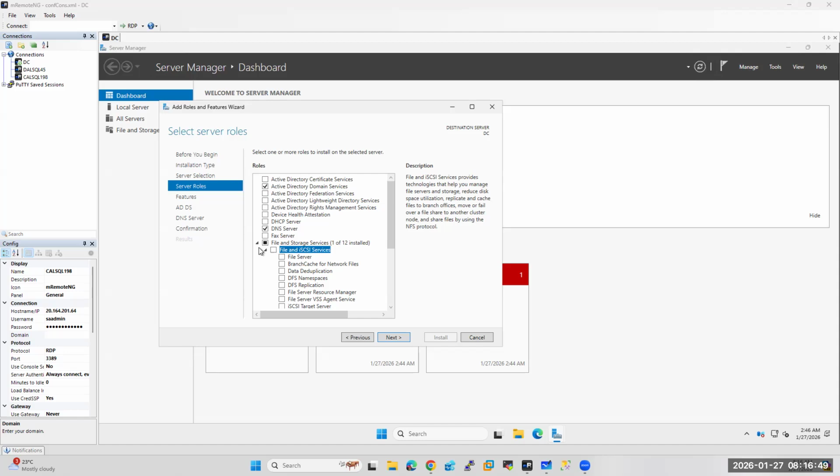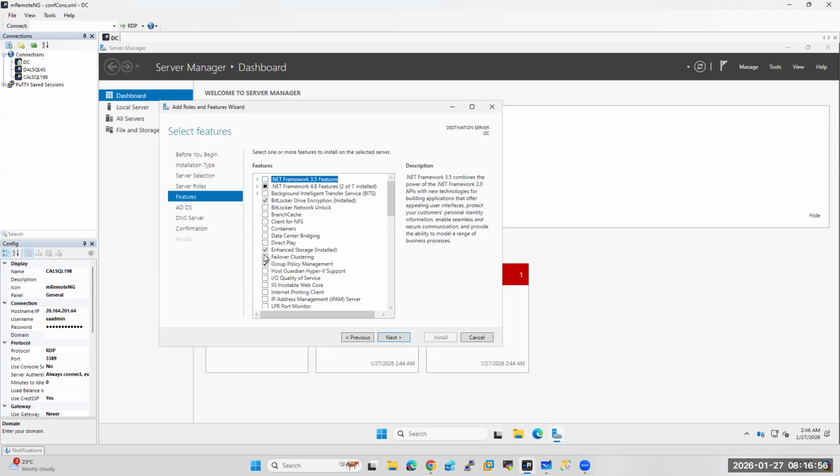Now click on next. I'm not selecting any iSCSI target. Click on next. So, Failover Cluster Manager. This is mandatory because we are going to configure the cluster from this DC server only. To configure Windows Failover Cluster, I'm also calling this server a cluster server. That's the reason we are installing Failover Cluster Manager. Only 3 services I'm installing: one is Active Directory, one is DNS, one is